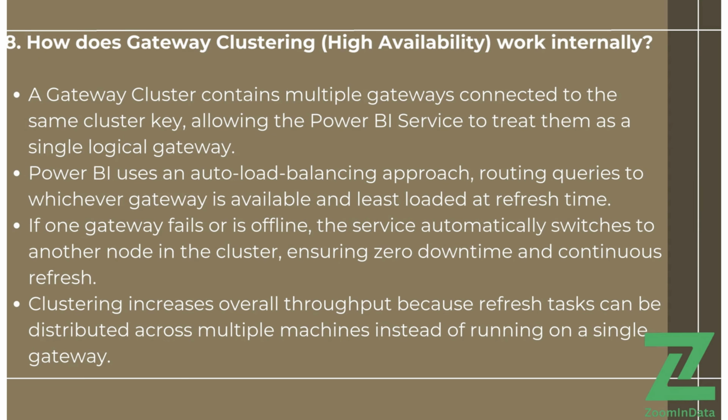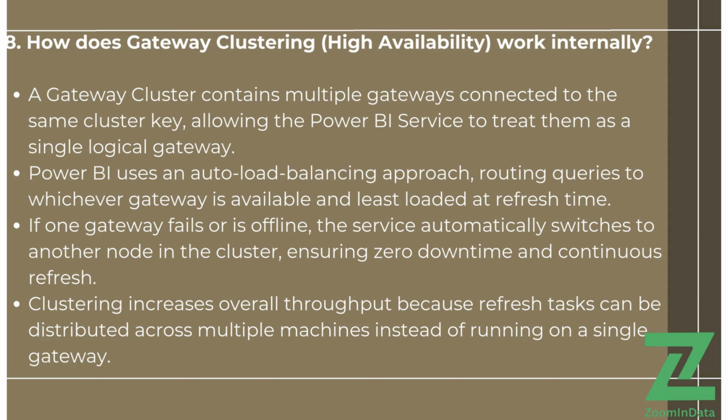How does gateway clustering, also called high availability, work internally? A gateway cluster contains multiple gateways connected to the same cluster key, allowing the Power BI service to treat them as a single logical gateway. Power BI uses an auto-load balancing approach, routing queries to whichever gateway is available and least loaded at refresh time. If one gateway fails or is offline, the service automatically switches to another node in the cluster, ensuring zero downtime